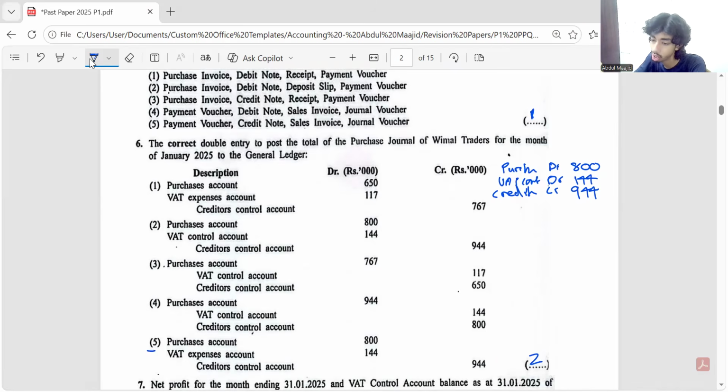Now, why is the fifth one wrong? Here they are saying VAT expense account. We don't have an account called VAT expense or VAT income. We have a VAT control account. All our VAT related transactions are recorded there. Okay. Then the seventh one,